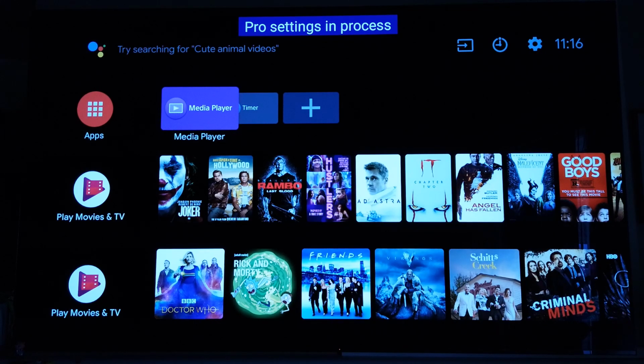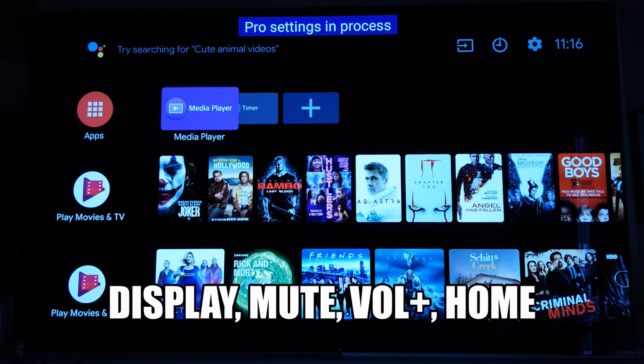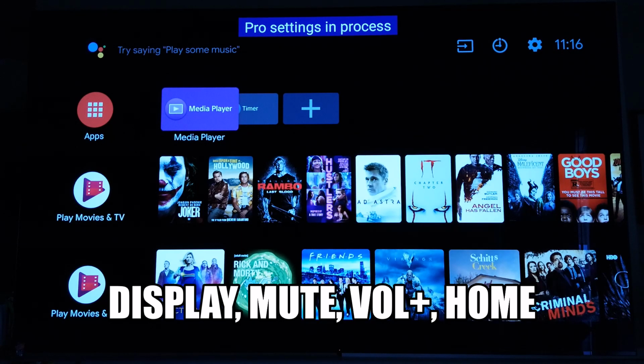So if you look here on the menu, in the interest of time, I've already gone ahead and entered Pro Mode. It's very easy to do: Display, mute, volume up, and home. If you've entered that sequence correctly within 2 seconds, the TV will reboot,